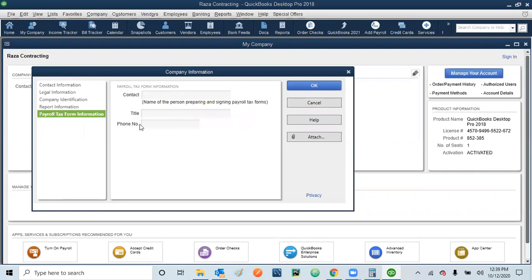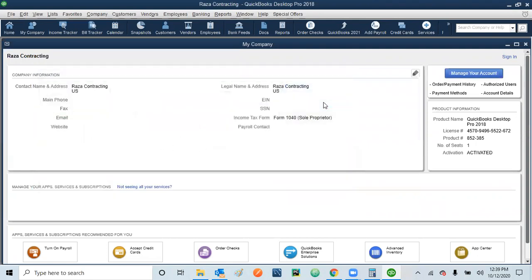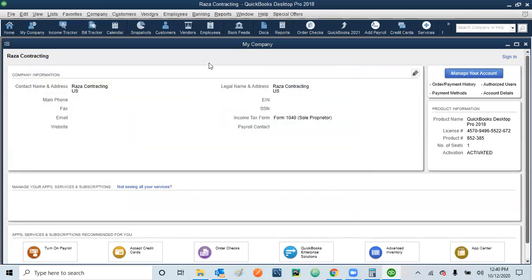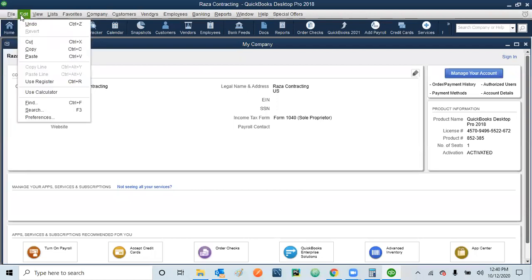Once you are done, you can click OK, and all of that information will be updated. That's why when we were creating the company, it was not necessary to update every piece of information. It allowed us to enter only 3 pieces of information and then create the company. But now that we have all the information, we can always click it and update our information here. So this is one more item, and then